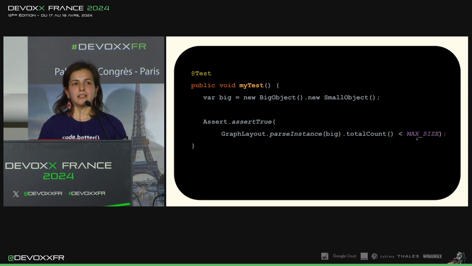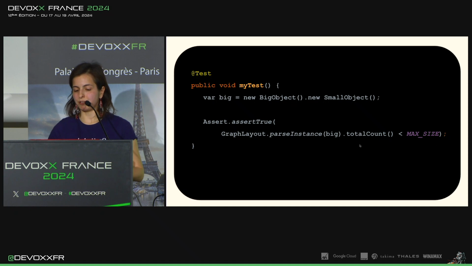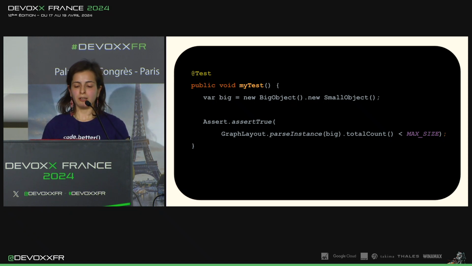It doesn't mean that if the memory goes higher, there is a problem. But at least it will signal your developers to please pay attention, there was a problem there. Maybe you can review what you've done. Maybe you introduced another leak. Of course, you cannot put tests like this everywhere, and it's not a silver bullet, but at least it can help you to prevent the places where you knew the memory leaks were before.